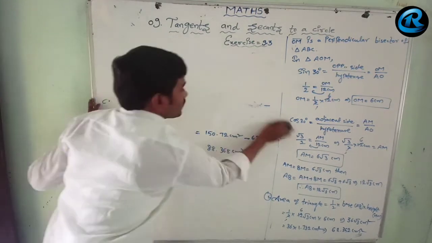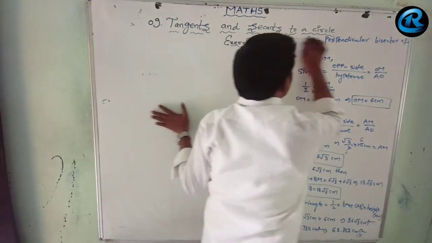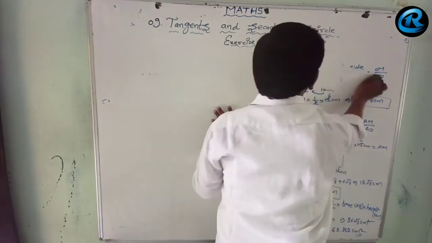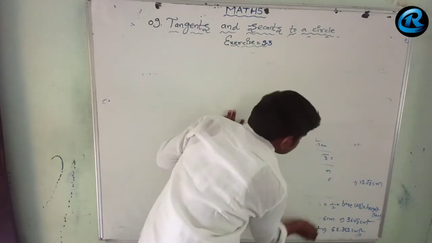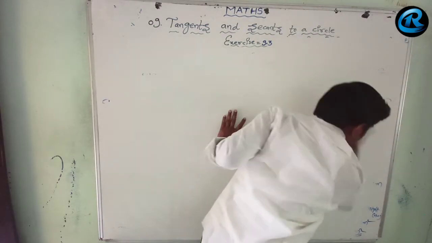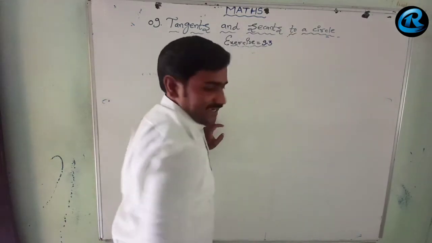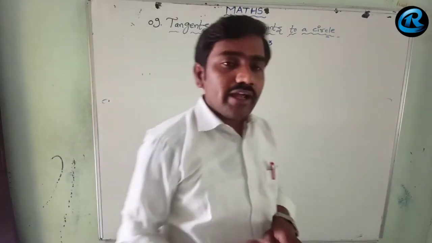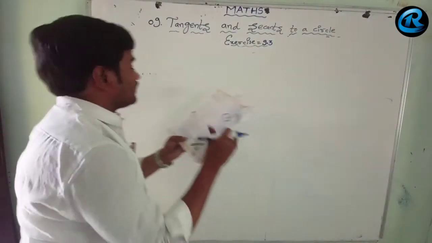We go for question number 3 now. This question number 3, 4, 5, these all questions will be similar to each other. Now, this question number 3 is based on area of sector. What is the area of sector formula? X degrees by 360 degrees into pi r square. That is the question.